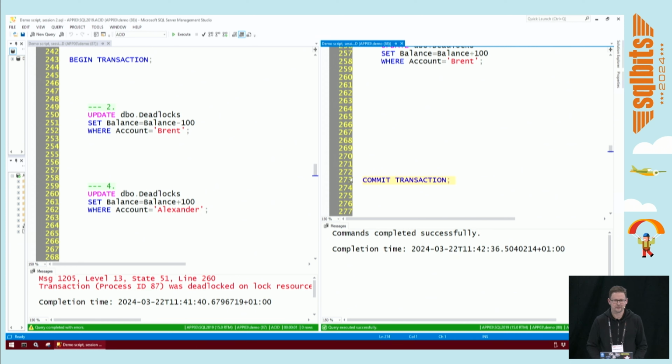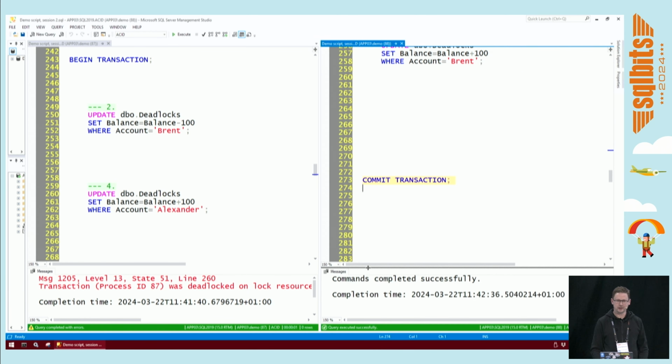There was a question. Yes, can't we set deadlock priority in this case was a question. In SQL Server, I believe you can set a deadlock priority on your queries, so you can decide, like, if I get into a deadlock, am I going to win or am I going to lose this fight? Typically, in my experience, you have very similar queries deadlocking each other, like OLTP-style queries where they are like this. You're moving money from one account to another, right? And so which one of these would you put a higher priority on? But this is not always the case. So again, it depends. But good question.